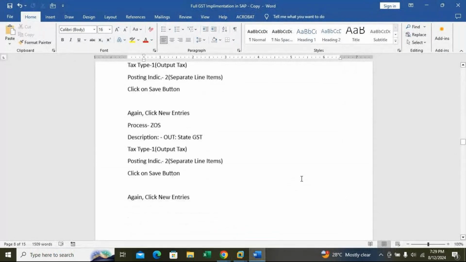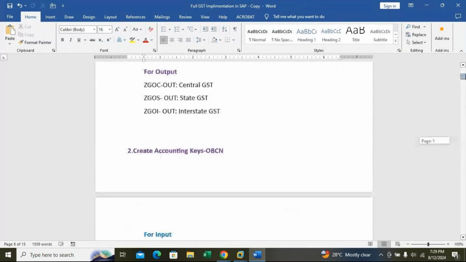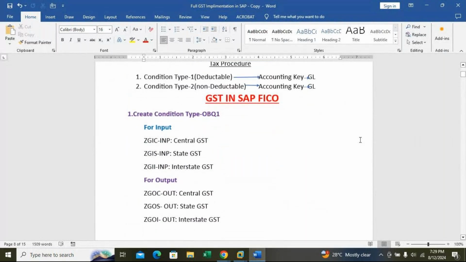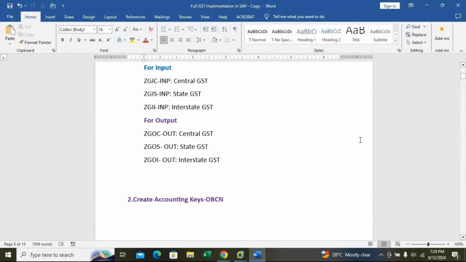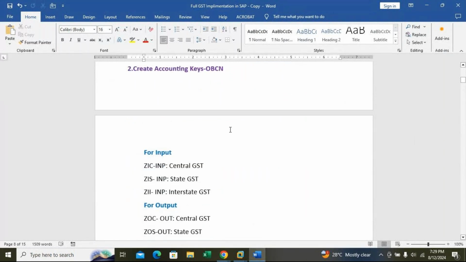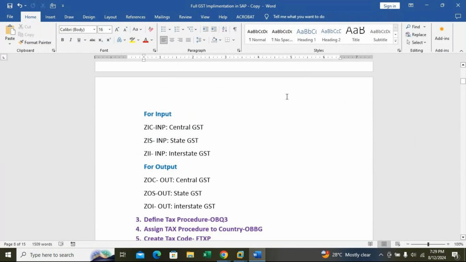The GST part is the longer one. Accounting keys is OBC, and all this you have to do.